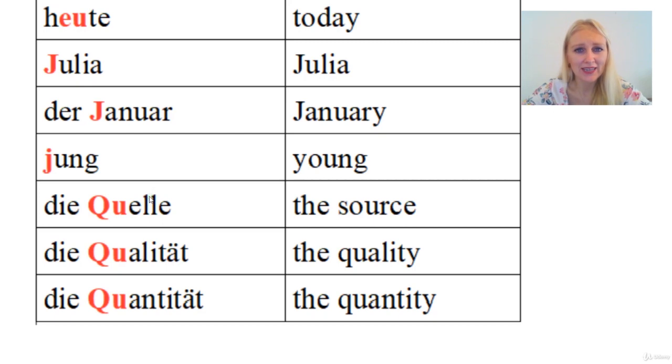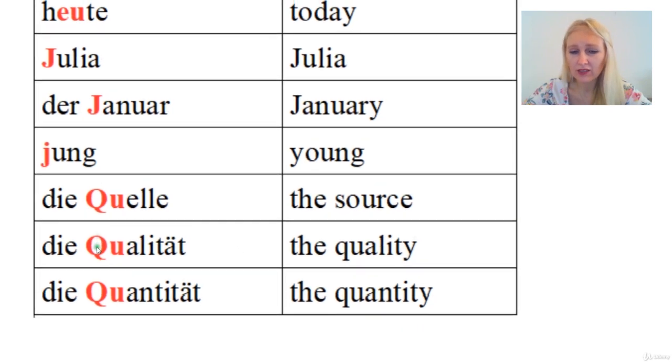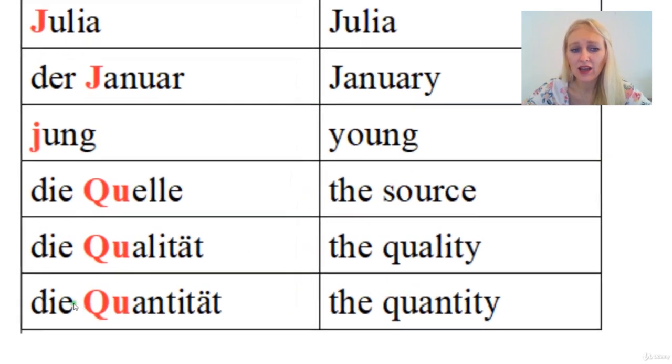German vocabulary. Then we have QU, die Quelle. Whenever you have a Q and U together, you pronounce it as Kv, like a K and W together, like the German W. Kv. Okay, die Quelle. Die Quelle. Many people say it the English way, but it's not that, it's Quelle. Okay, die Qualität. Like in English it's quality, but we don't say it that way in German. Okay, it's Qualität. Qualität and Quantität. Die Quantität, the quantity. Quelle, Qualität, Quantität.